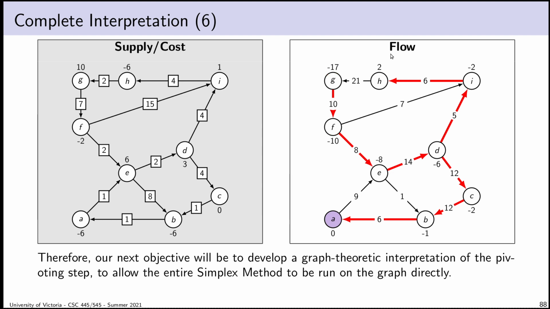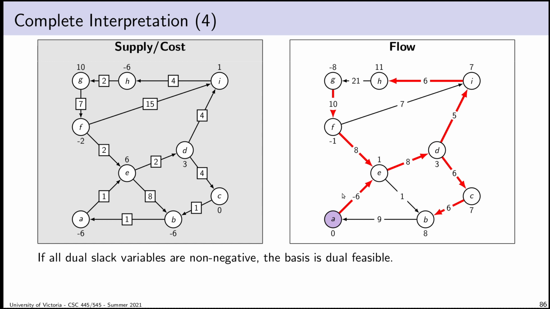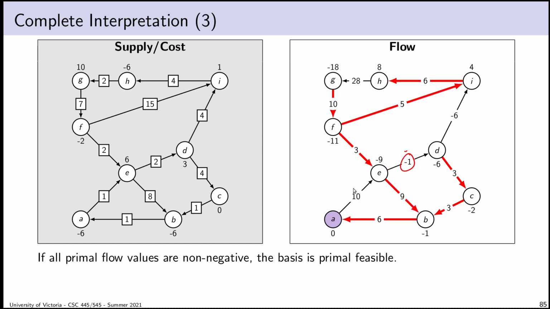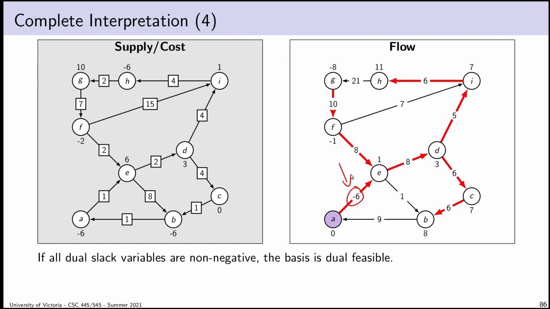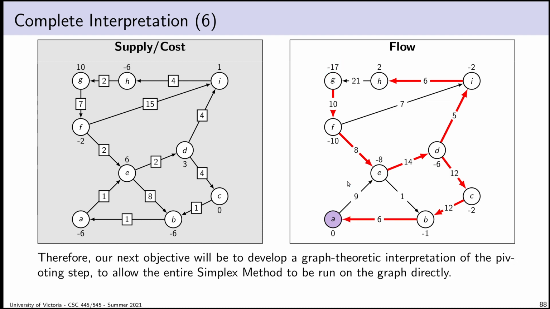And so our next step will be, we now know what an optimal solution looks like. If we're staring at a particular basis, we now know how to test. Is it primal feasible? Is it dual feasible? Is it optimal? The question is, what if we're staring at a basis that is not optimal for some reason? So for example, it's got a negative dual slack variable, or it's got a negative primal flow variable. What do we do to make it a little bit better, to get us one step closer to that optimal solution? And the answer, of course, is